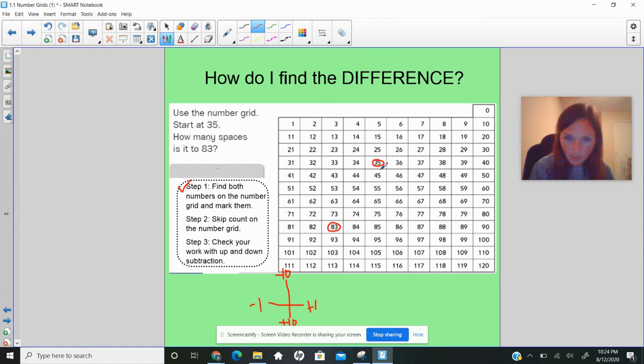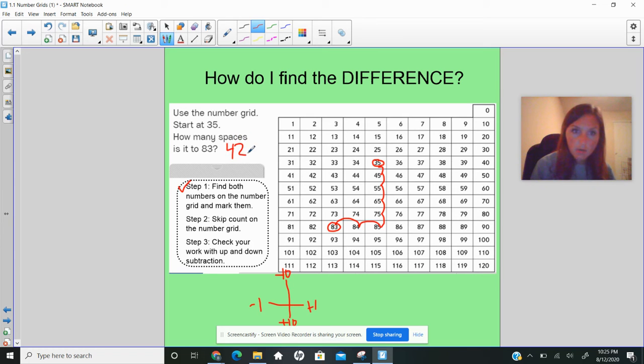Okay, so when I go down, I'm adding 10. All right, 35. So 10, 20, 30, 40, 50. Okay, now I'm not quite there. I need to go backwards. When I go this way, I'm minusing 1. So I was at 50. 50 minus 1 is 49. 49 minus 1 is 48. So I think my answer would be